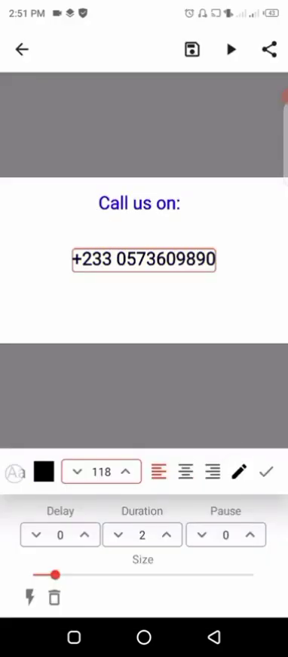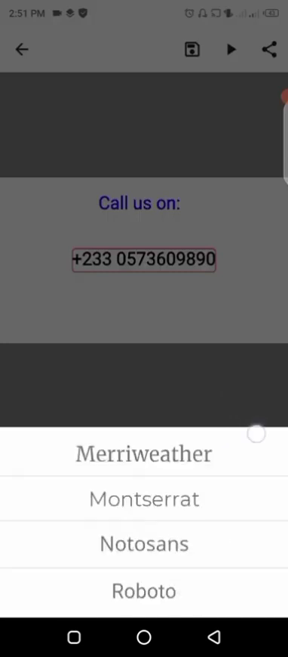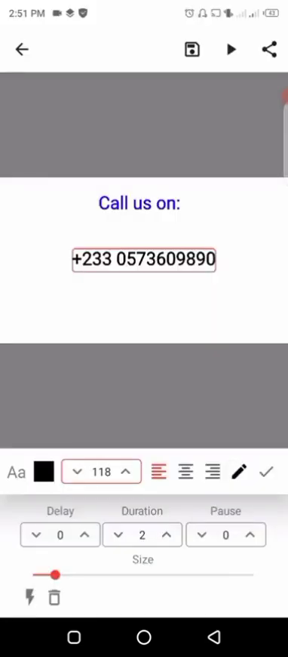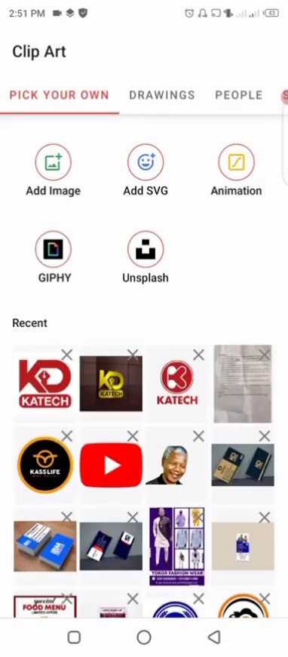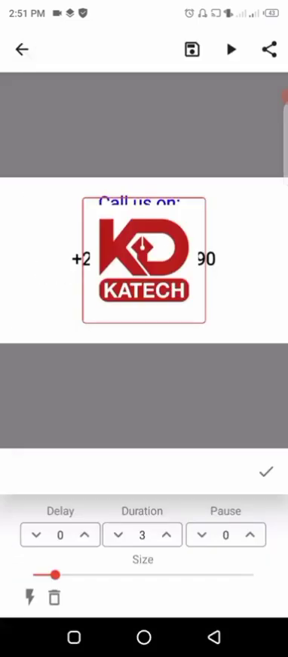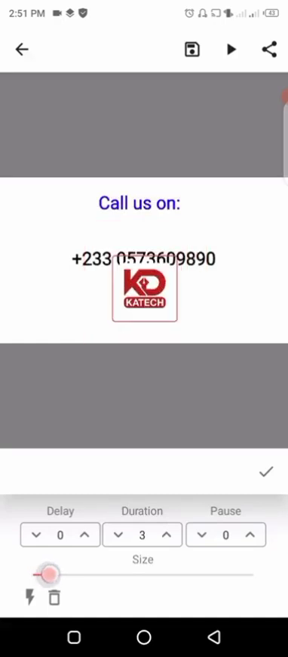Okay, you can also come to font and change the font, going with this one. If you are done, click here, then place it where you want it. Then I'm going to add my logo down here. Click on it. Okay, I'm going to add my logo here. I'll reduce the size